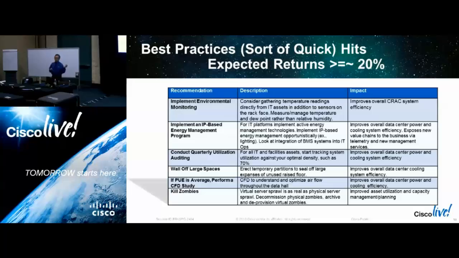And so physical sprawl has turned into virtual sprawl as well. And your regular utilization audits are going to uncover zombies. Go on a zombie hunt and kill them. That's the lowest of the low-hanging fruit. At the worst, pull the plug and see who screams. I mean, you don't usually advocate doing that, but some people have talked about doing it. The important thing is go on that hunt. Get rid of that stuff. You really need to.